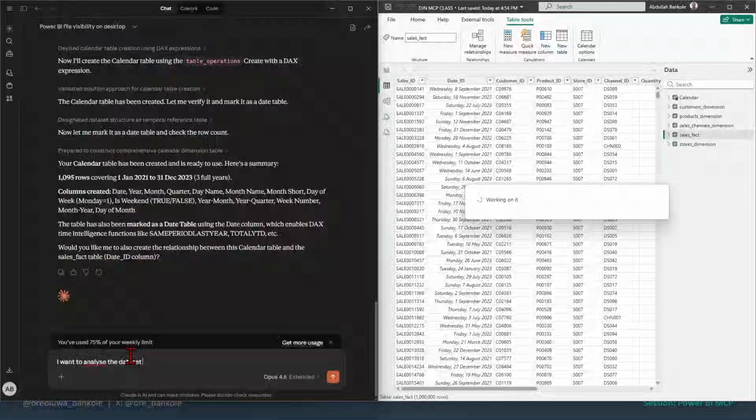I think we need to round up, right? So I'm just going to do one more example before we round up, so that we'll continue tomorrow. So I'm just going to tell it to create a data set. I want to analyze data sets. Let's create measures together. I want it to create different DAX measures for me and place them